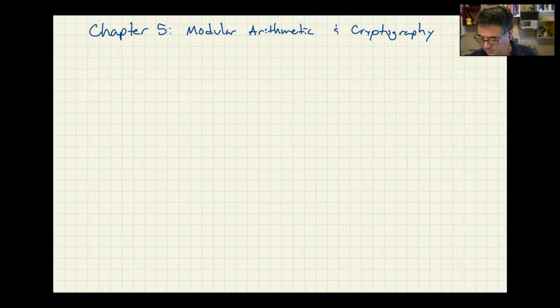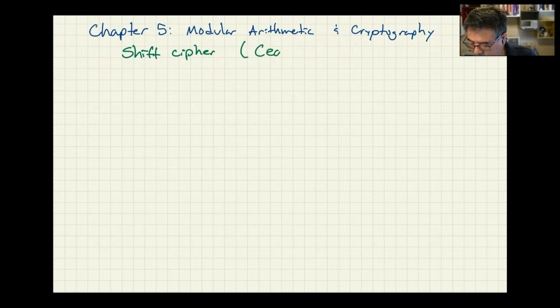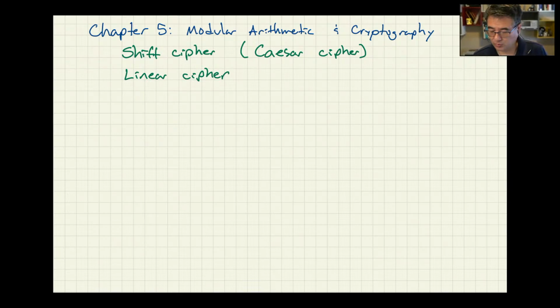Well, so we're on to chapter 5 today. Topic here is modular arithmetic and cryptography. Now, the cryptography section is actually going to go on for a couple of weeks. So today we're introducing the idea of modular arithmetic, and then we're going to see how it applies to cryptography. We're going to start out with some simple cryptographic ciphers like the Shift Cipher, which is also known as the Caesar Cipher. And we'll also do the linear cipher. Both of those are fairly simple arithmetic ciphers, and all you need is just multiplication and addition to do those. But then we'll move on and talk about public key cryptography,